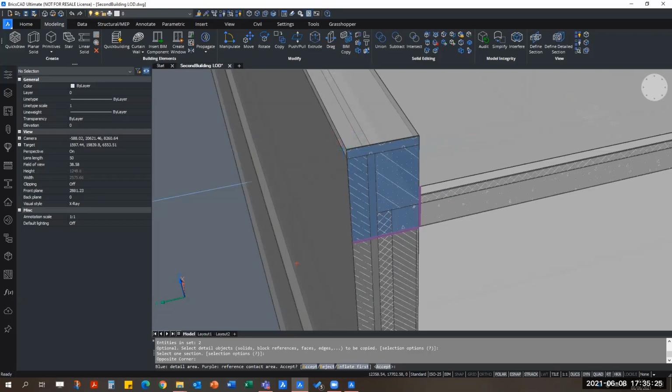So you also have to think about future-proofing this detail such that you can use it in other scenarios, in other projects, and not simply in a project that has been modeled exactly or very similar to the way that is shown over here in this example model. So when you're happy, simply click on accept or enter,